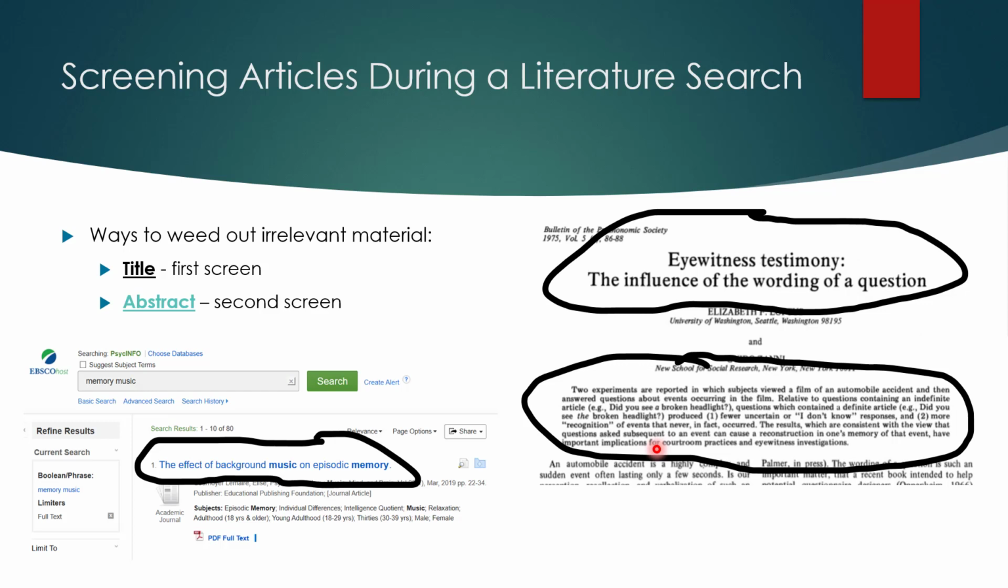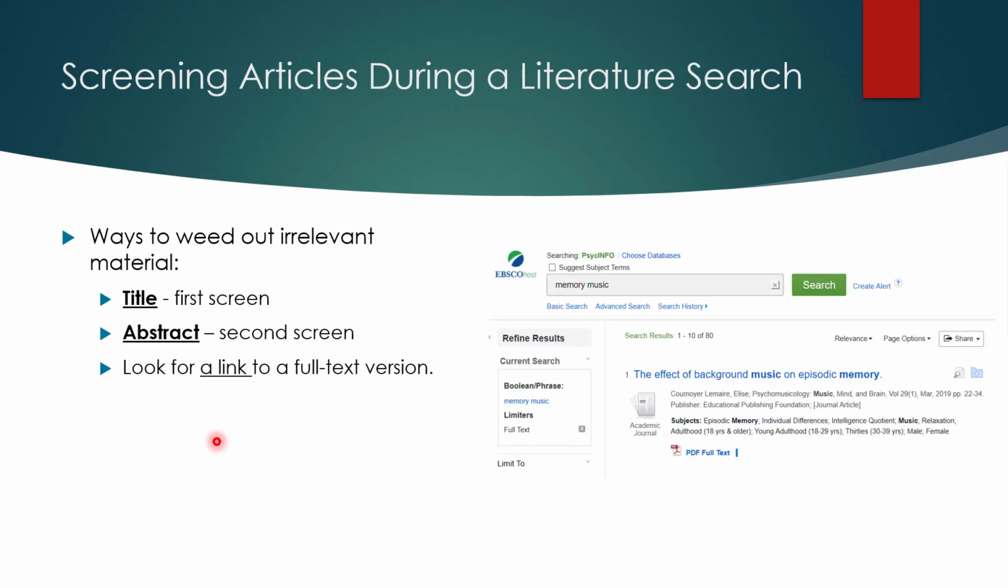the information you're going to need for that literature review. But it's just a start to say, does it sound like it's relevant to my research question? Next, you want to also look for a link to a full text version. If you can't find that full text, it's not worth it. So here, if you're using EBSCOhost through the college, you're going to see, okay, I've